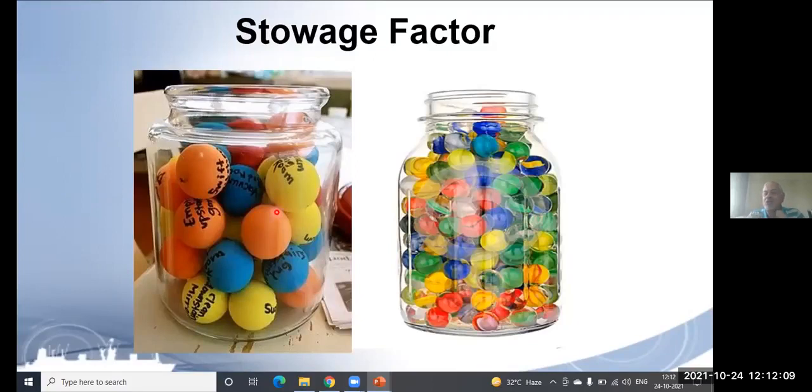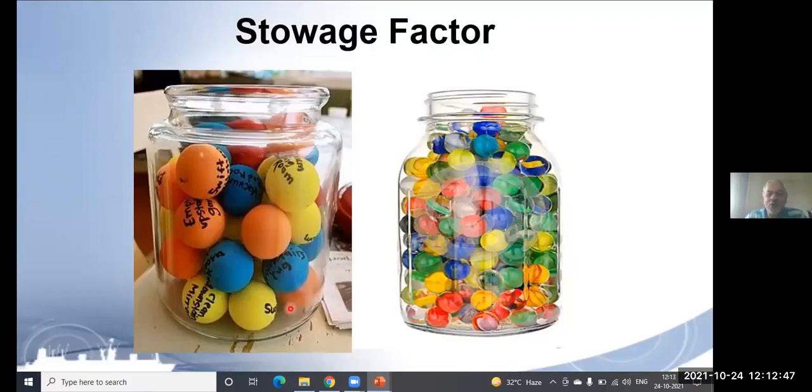Then you shake it well and put a little more inside and shake it again, and then this will be nearer to 100%. But when you have these balls, each ball is round and it is not going to take the shape of the jar. In between the balls, can you see a lot of space left here, here, here? So vacuum or air is there in between and space is lost. Yes or no?